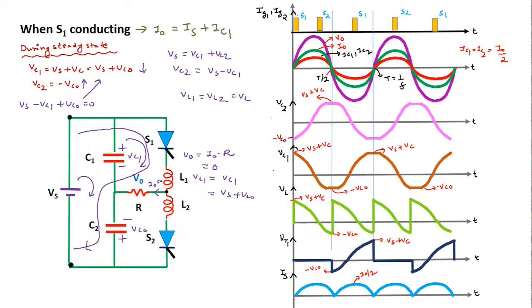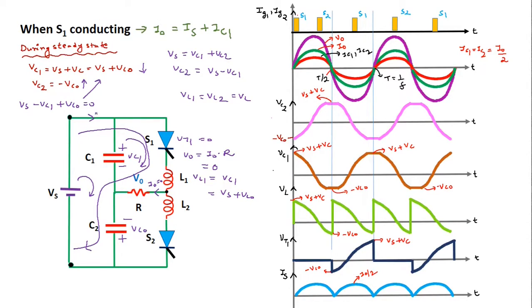Next waveform is of voltage across the S1 SCR, which is equal to Vt1. When this S1 SCR starts conducting, ideally the voltage across this S1 SCR Vt1 should be equal to 0. So we are taking this type of line here on the x-axis to show the 0 value of the voltage across the S1 SCR.